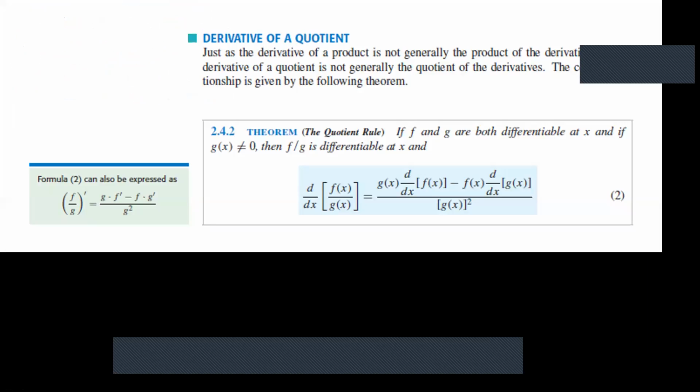Today we learn how we can find the derivative if we have two functions that are divided. By now we know how to find the derivative of adding two functions, subtracting two functions, and multiplying two functions. Now let's see how we can find the derivative of two functions that are divided. The theorem here, we call it the quotient rule. It says that if you have